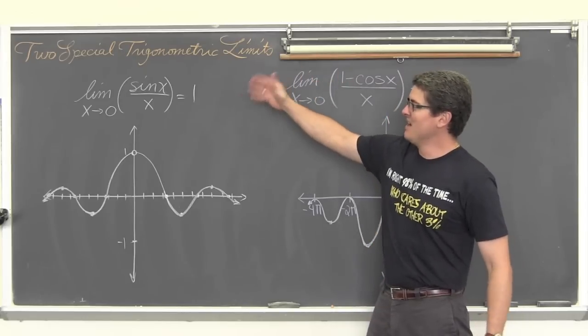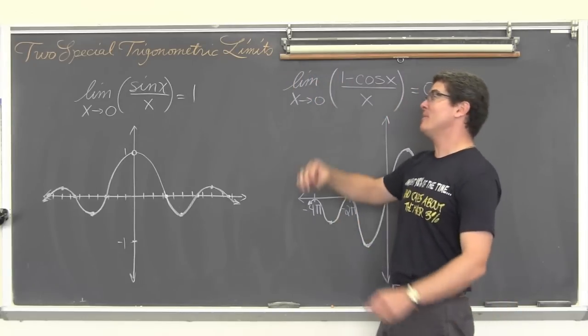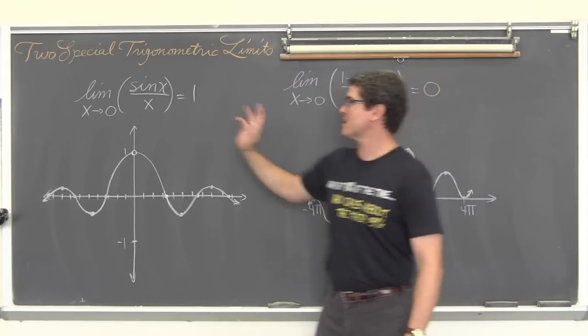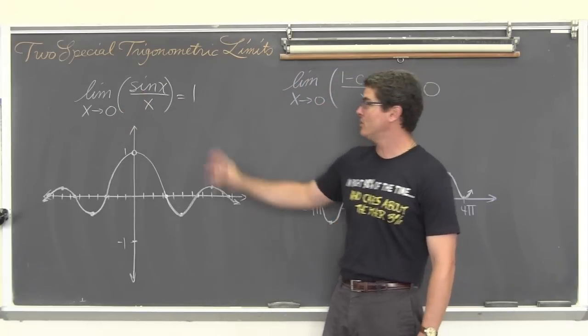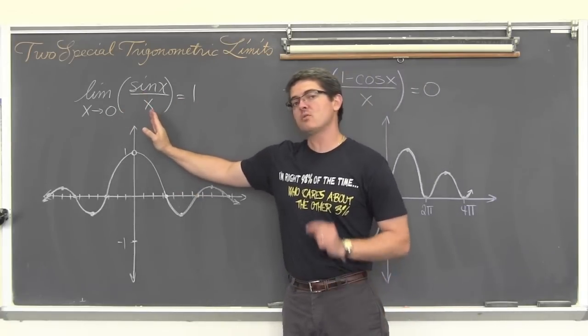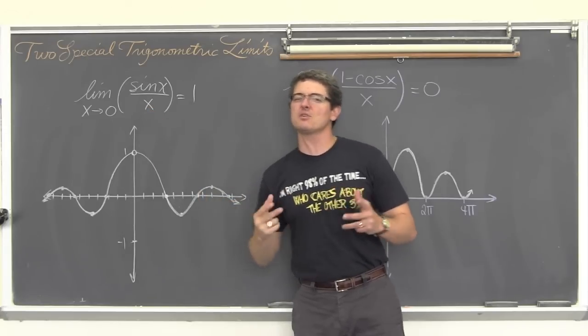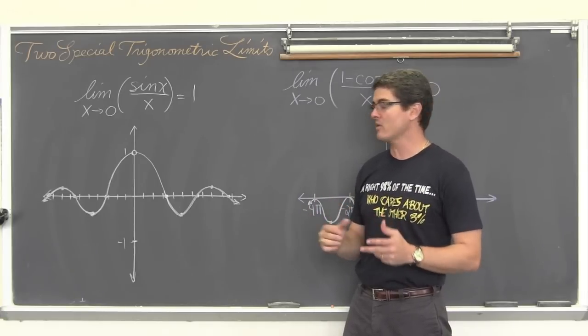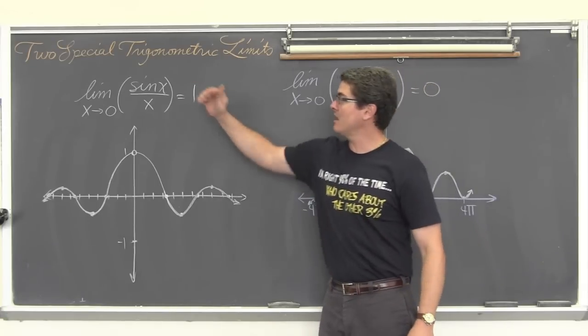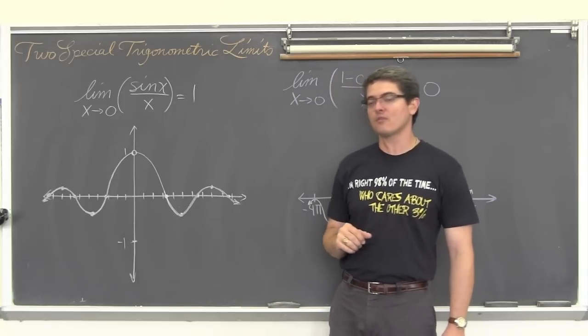So, our 2 special trigonometric limits are the limit as x approaches 0 of sine of x over x is equal to 1. If we were to graph with our graphing calculators, then it'd be easier if it's in radian mode. It'll fit in the screen, your graphing calculator screen, a little better. Put that in radians and graph y equals sine of x over x.